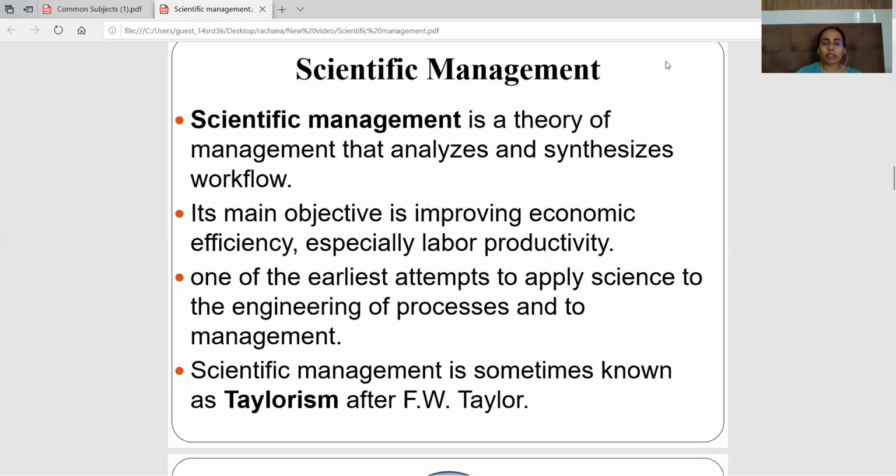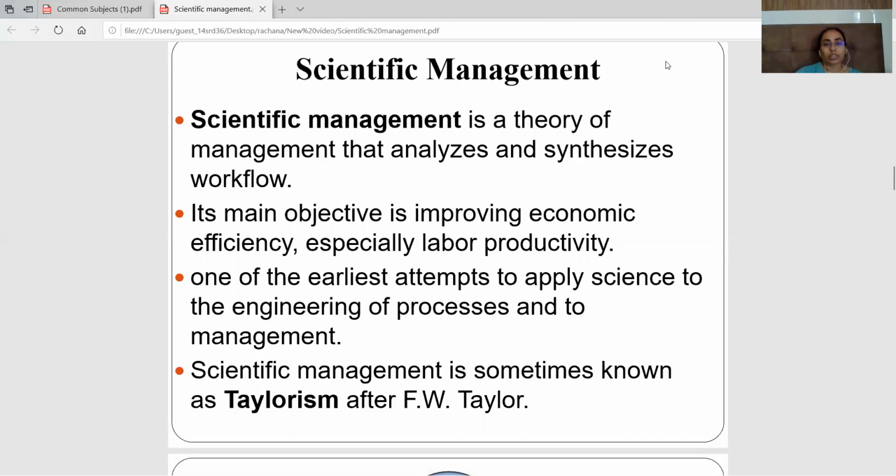It is a theory given by F.W. Taylor, the father of management, to define what management is in an organization, and how management can be implemented in an organization. This is the first and foremost theory in the field of applying management principles and techniques to the overall organization. Scientific management is a theory of management that analyzes and synthesizes the flow of work